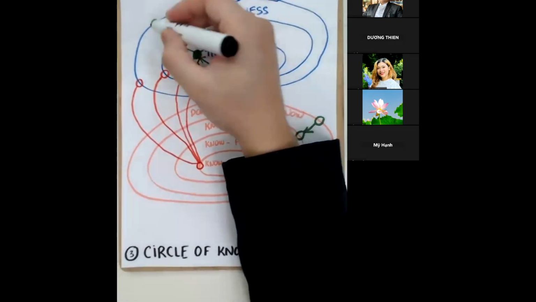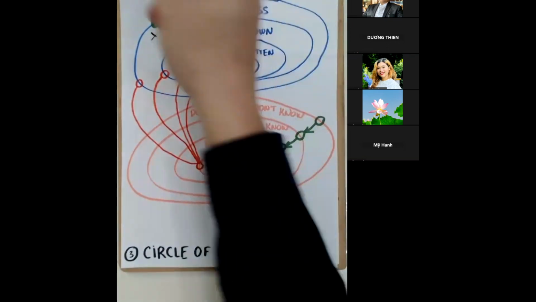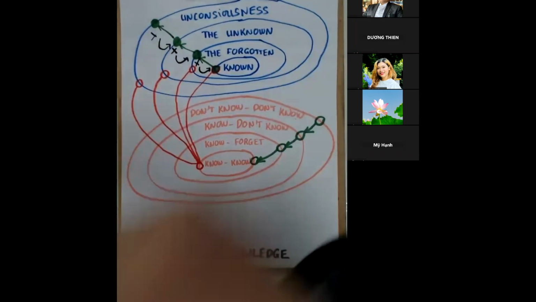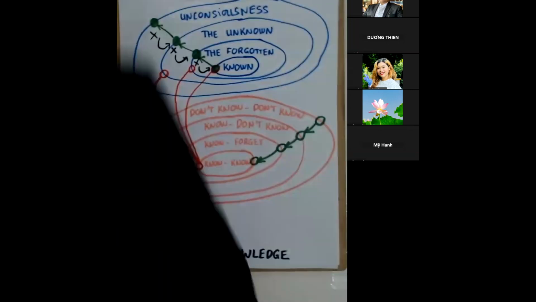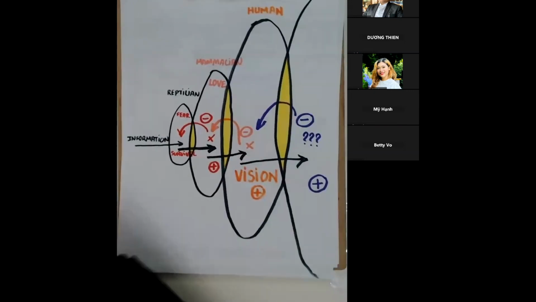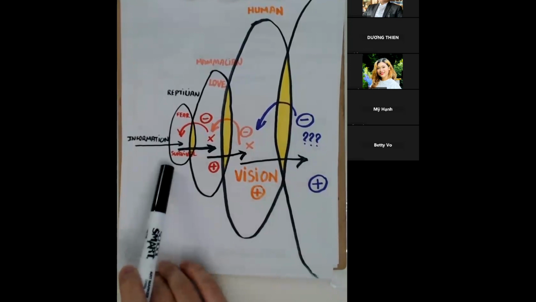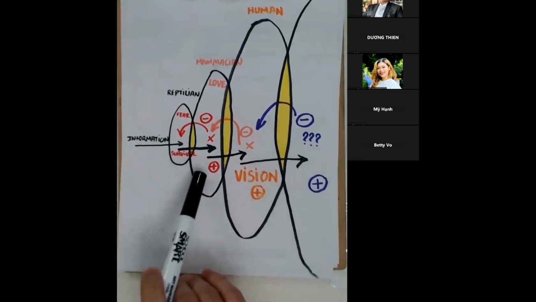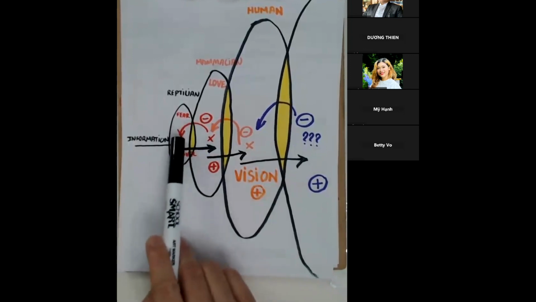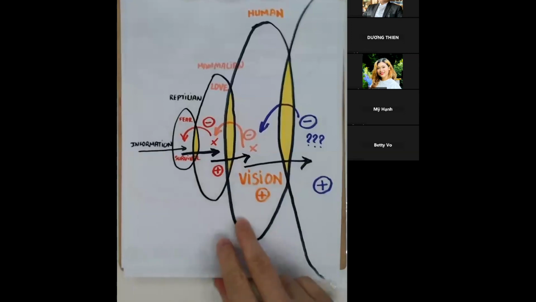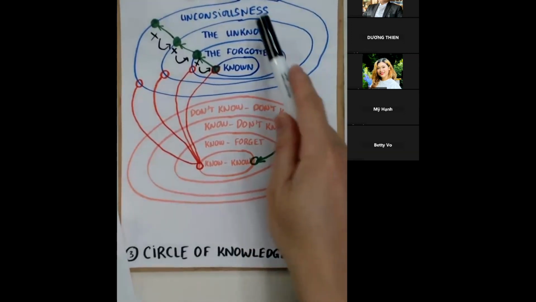Before I go into that example, I would like to complete this: if we reach this unconscious level and it doesn't work for us, it will take us back. If this looks familiar, it is because of the illustration of activating the human brain. It works similarly: depending on your state of mind, depending on the state of your inner self, when information comes in, it can go to a deeper layer of your awareness, or it will kick back. And we have the formula here, right? If we compare this to the circle of knowledge, from the known to the forgotten to the unknown to the unconsciousness,